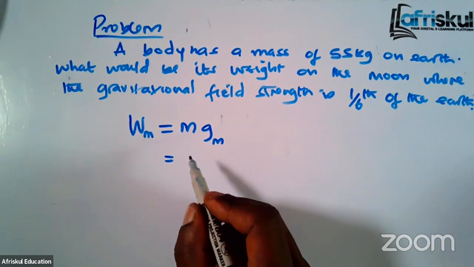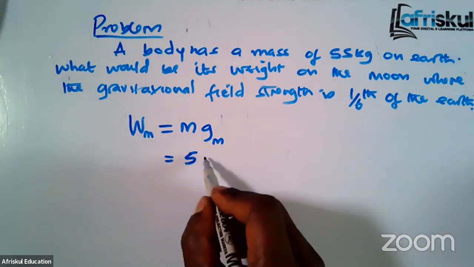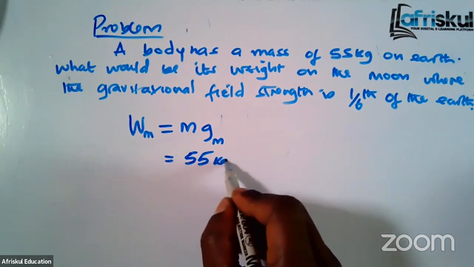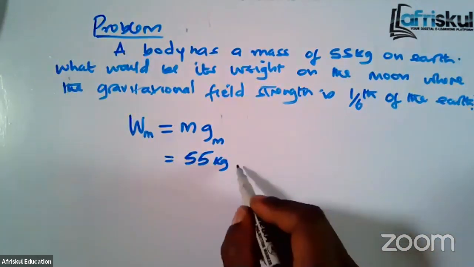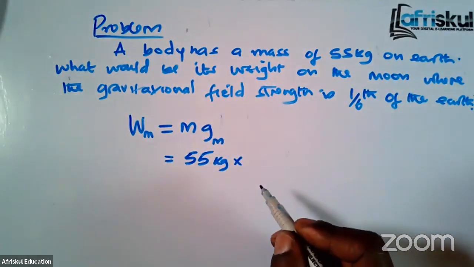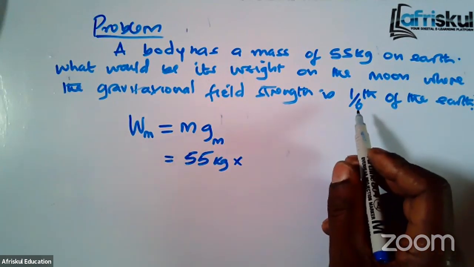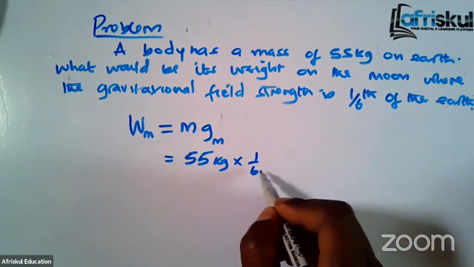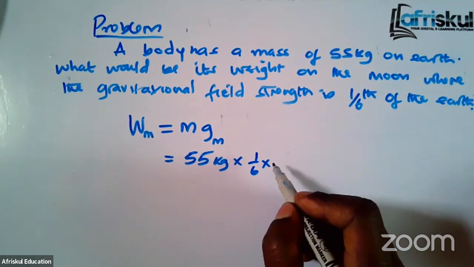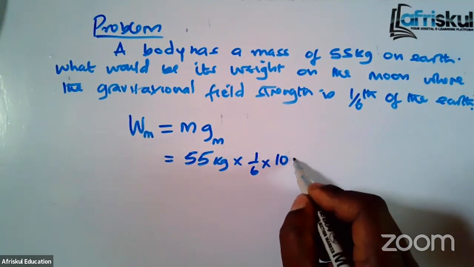We have said that mass never changes. So the mass, since it was 55 kilograms on Earth, it's still going to be 55 kilograms on the moon. But now what has changed is the gravitational field strength of the moon. For Earth, we know it is 10, but now the moon is 1/6. So we are going to say times 1/6 of the gravitational field strength of the Earth, which is 10 newtons